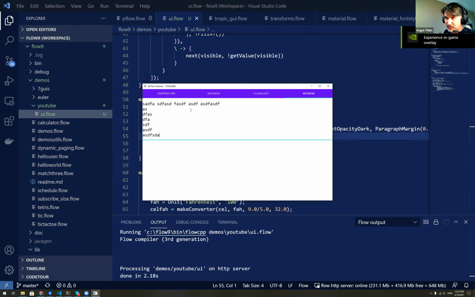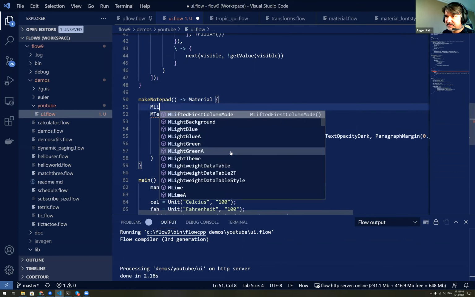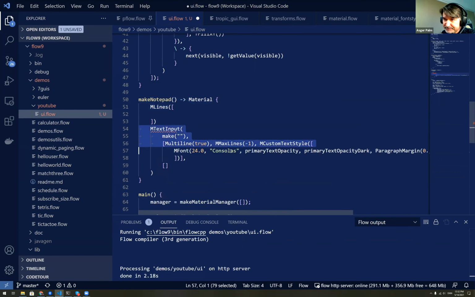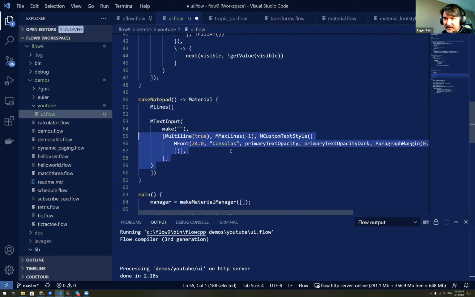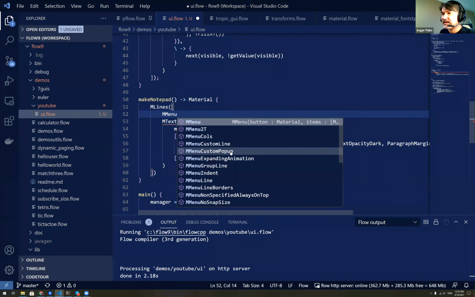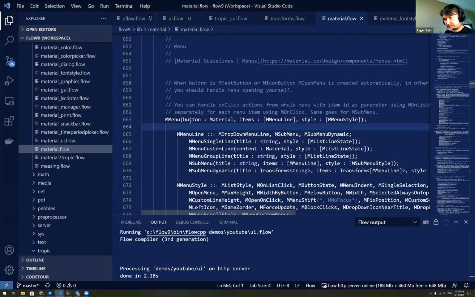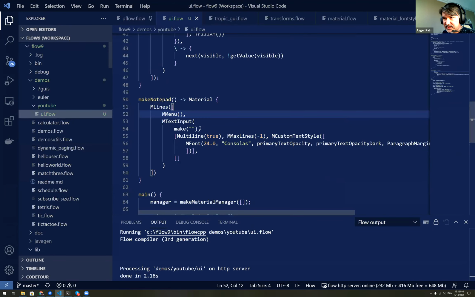Indeed. All right, so in a real Notepad, we want to have a menu as well, right? So let's add a menu here. We'll just add a line on top and then do a menu. I guess a toolbar, but there's a thing called menu. Let's see what that is. It takes a button and then items. Okay. And the button, I guess,